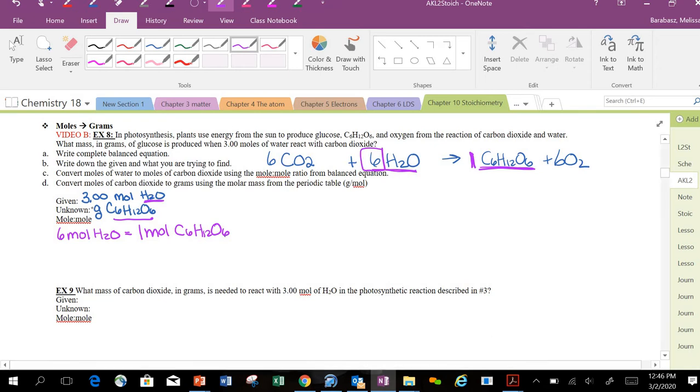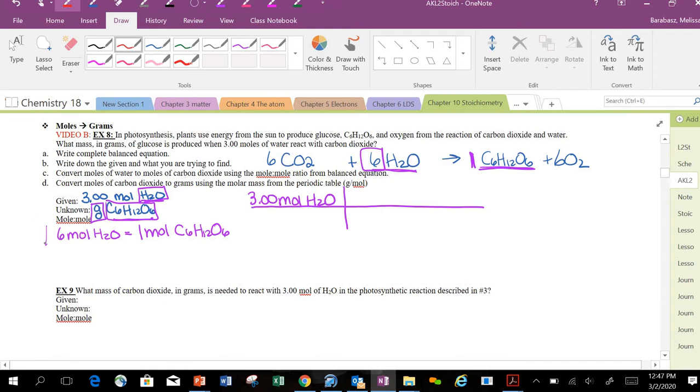So our end goal is to get to grams of glucose. So that's where we need to get. We need to figure out the mass of glucose. So we're going to start with our given. I'm going to start with 3.00 moles of water. We're, again, trying to switch substances. So our unit that allows us to switch is the mole, which happens to be what our given is in. So we look at our mole to mole